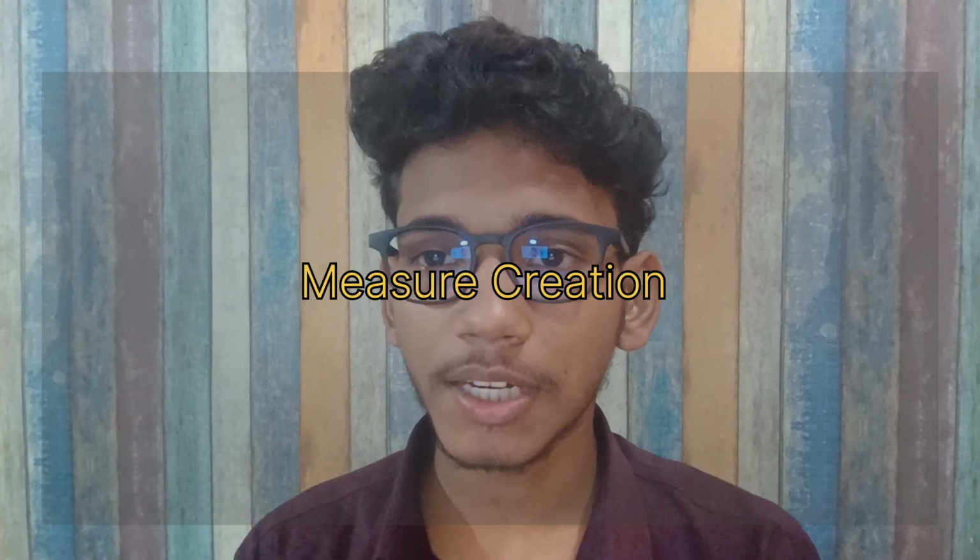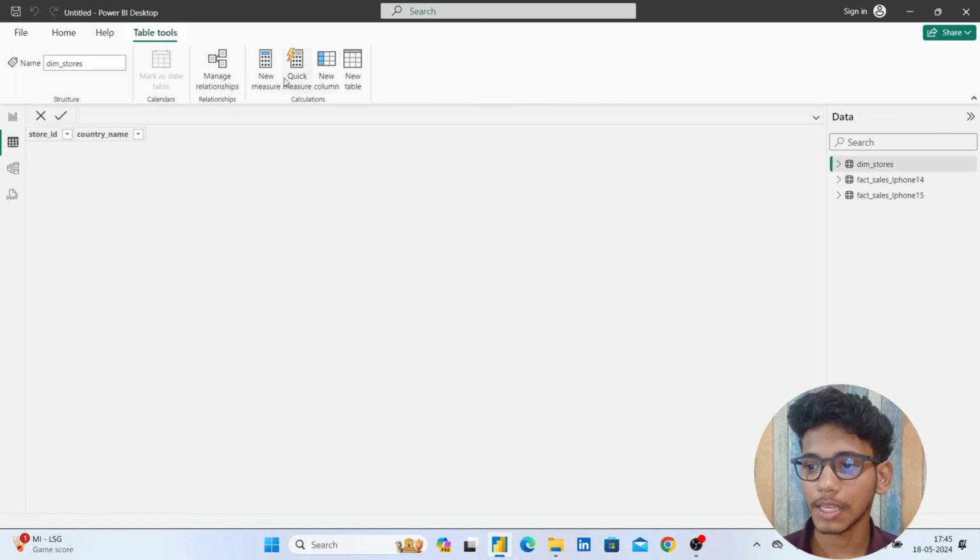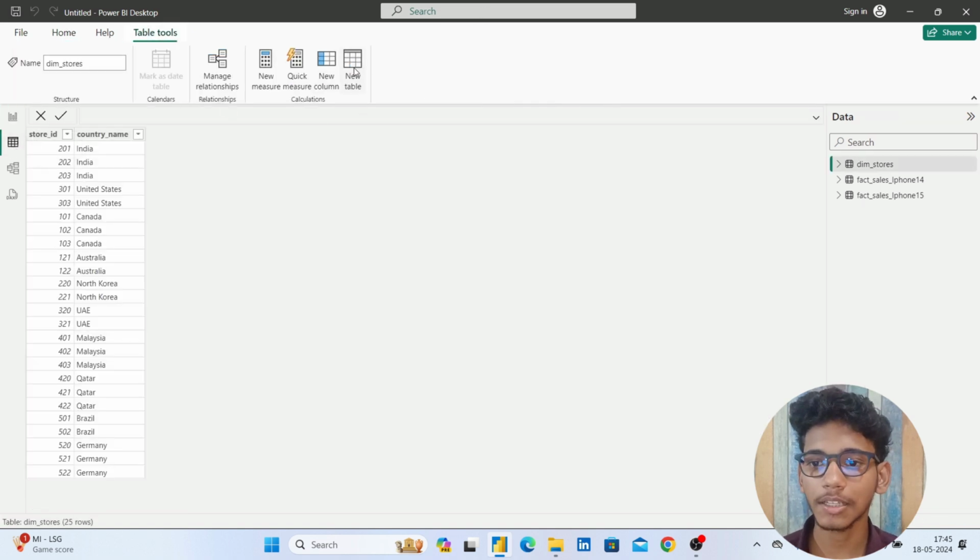So everyone, we want to create a visual that contains iPhone 15 sales, iPhone 14 sales and the comparison between iPhone 15 sales and 14 sales in absolute value. First of all, I am going to create a measure table whose work is to contain all the measures. It makes our work easier because when we deal with big data, it is very chaotic to deal with measures. So we will create a new table, just click on table view and then